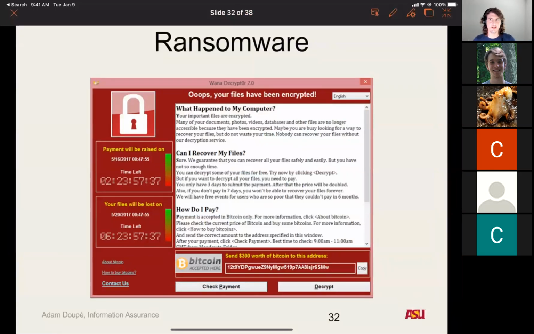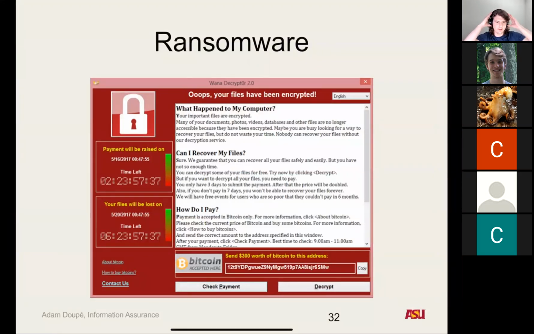All right, so we left off talking about ransomware. Somebody remind me, what are the key components of ransomware? Yeah, there's definitely an urgent component. How is that urgent component created? How is the attacker creating urgency? Yeah, loss of your data, right? They've actually encrypted your programs. So it encrypts your files.